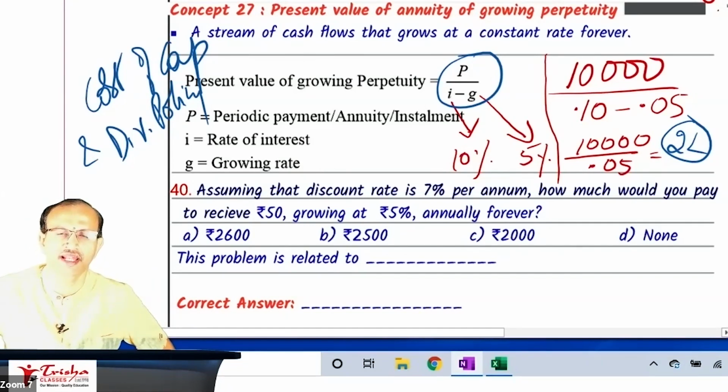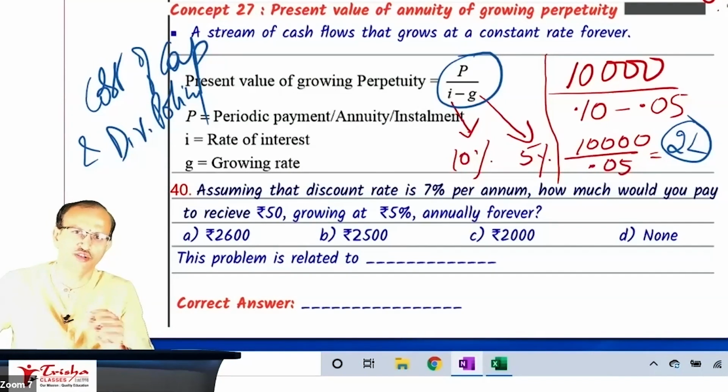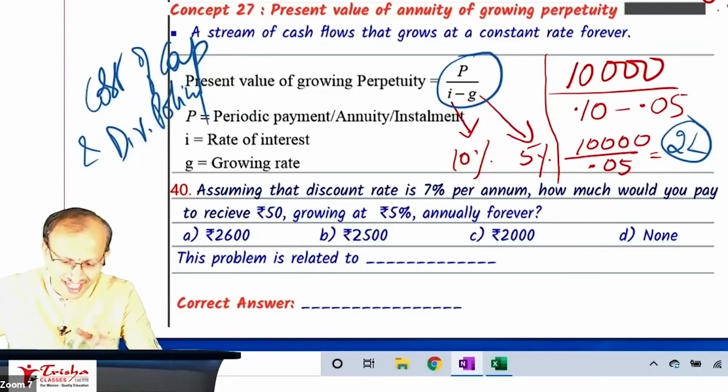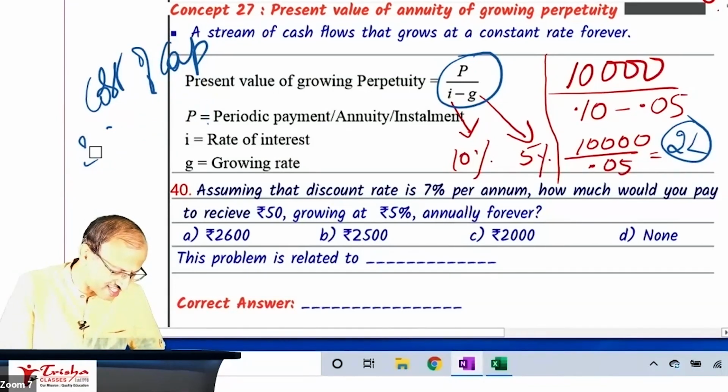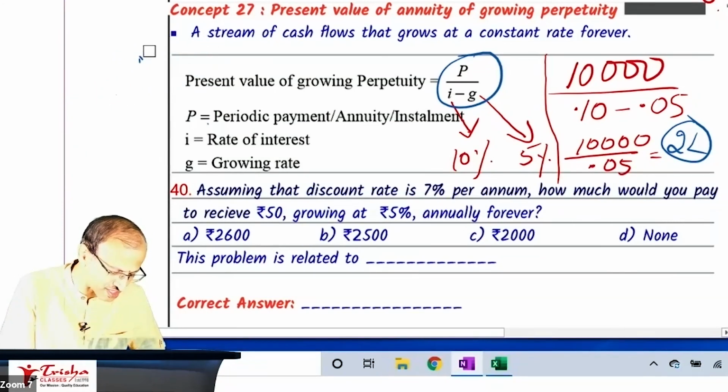In financial management, in the intermediate, you have one topic called cost of capital, and you have one chapter called dividend. You know, dividend the company will pay. This particular formula again comes there. Hope that we'll be able to discuss all this with you next year after completing the CA Inter foundation course. Yes or no?